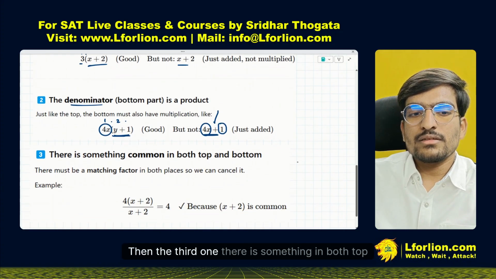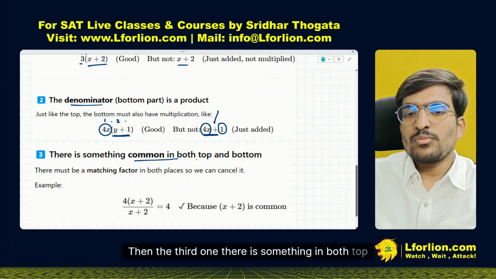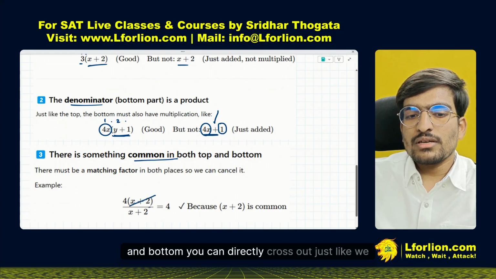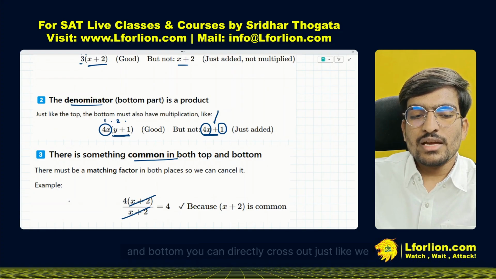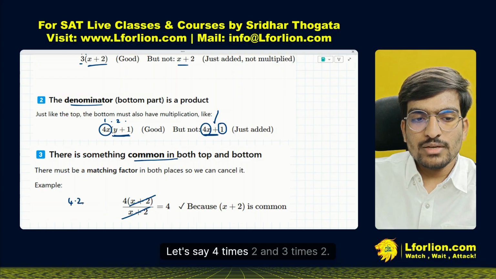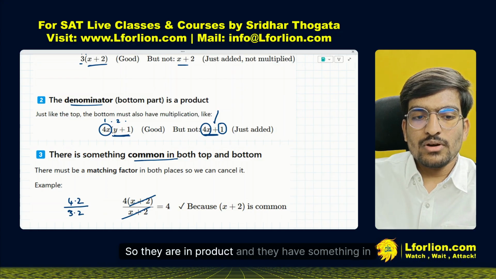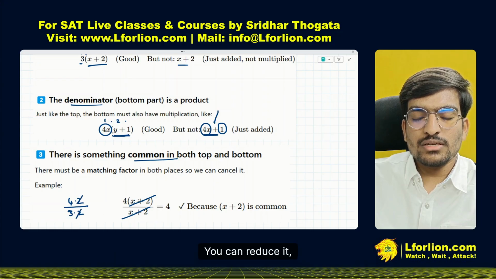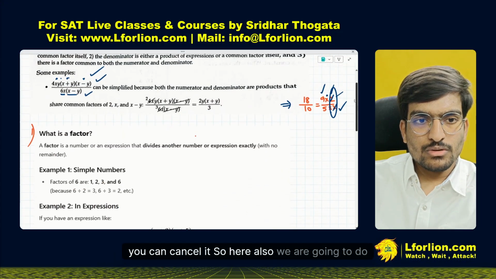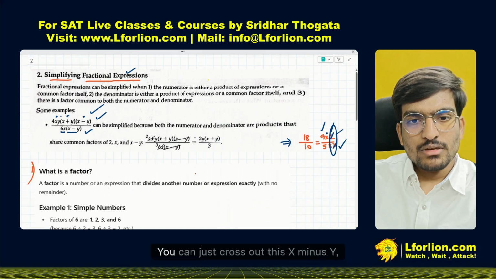Then the third one: if there is something common in both top and bottom, you can directly cross it out, just like we do with numbers. Let's say 4 times 2 and 3 times 2. So they are in product and they have something in common. You can reduce it, you can cancel it. Here also we are going to do the same. You can just cross out this